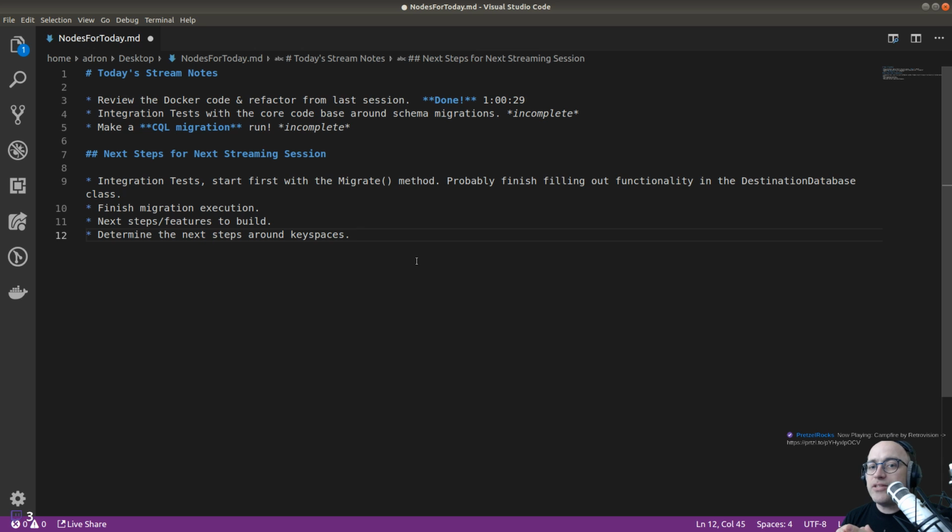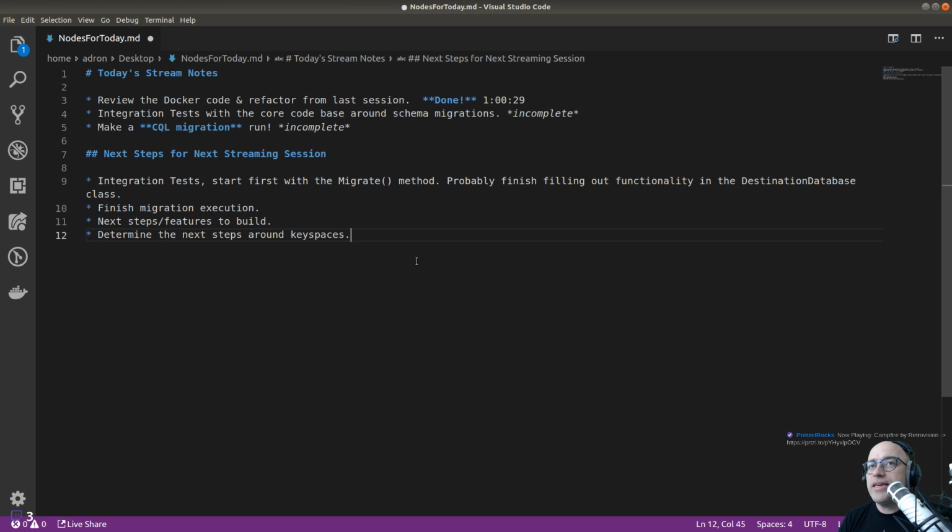Even though key spaces could technically be part of the migration, the issue is, just like with creating or destroying a database, you could put that into your migration, but migrations are not supposed to destroy data on migrate ups, right? They only destroy data on migrate down when you destroy the entire database. So in this particular situation, we would not want to,